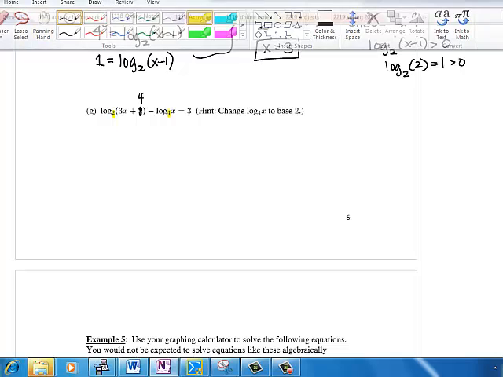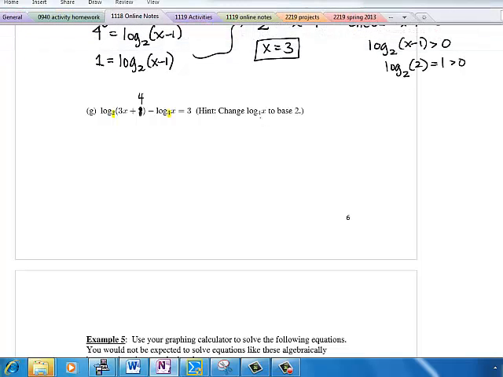And they give you a hint. They say change log base 4 of x to base 2. It would also be fine to switch the log base 2 to log base 4. It doesn't matter which way you go, but since this was the hint that was given, let's do this. So let's aside here